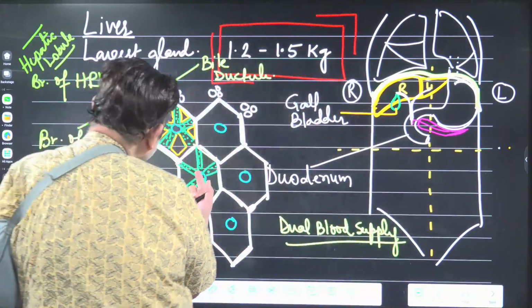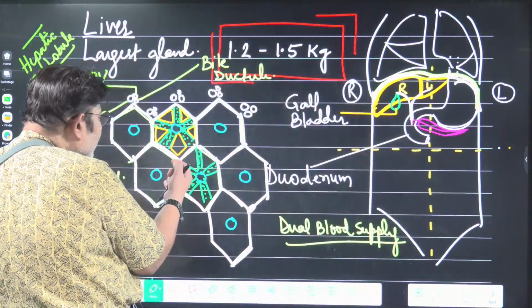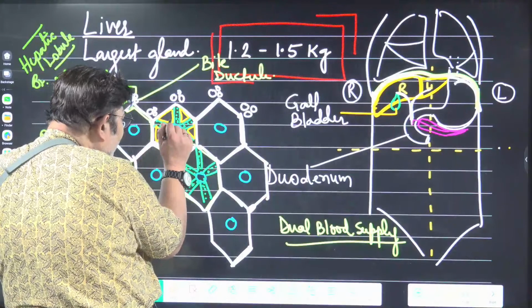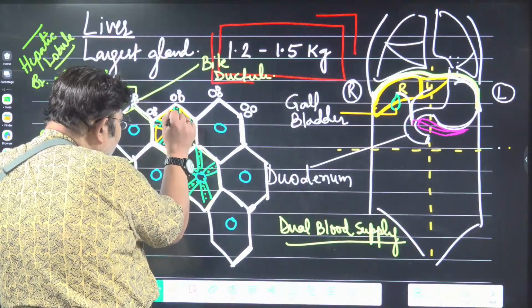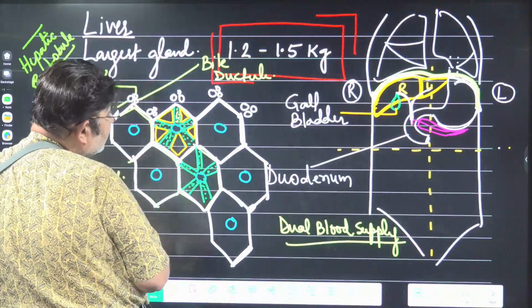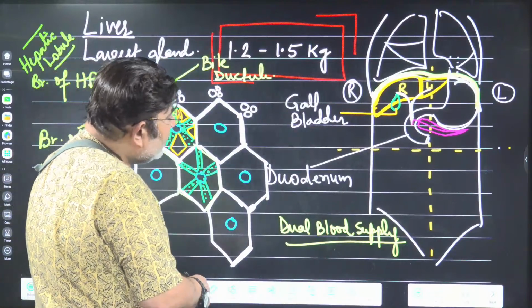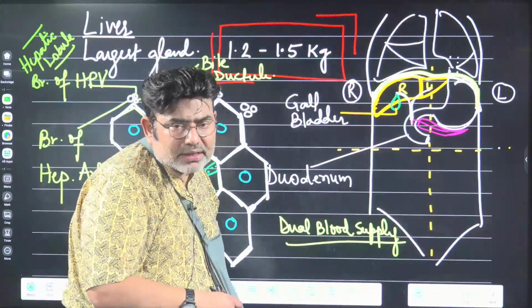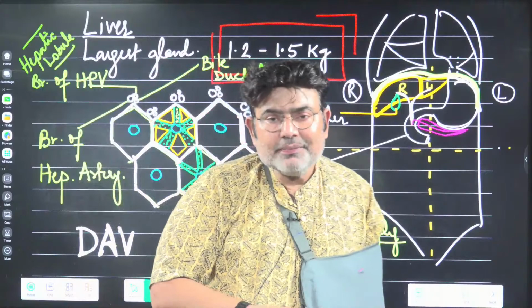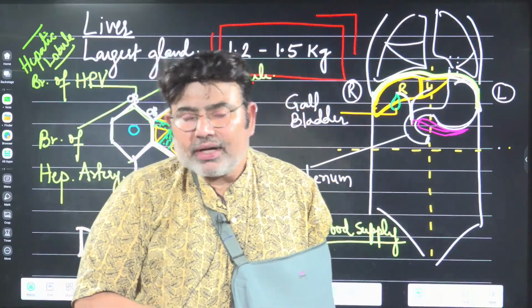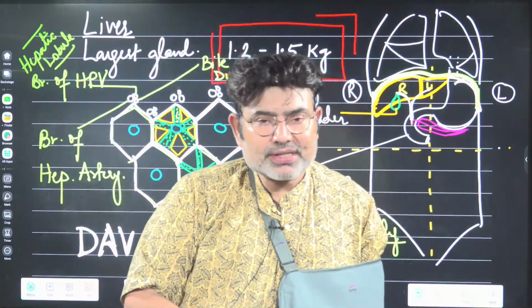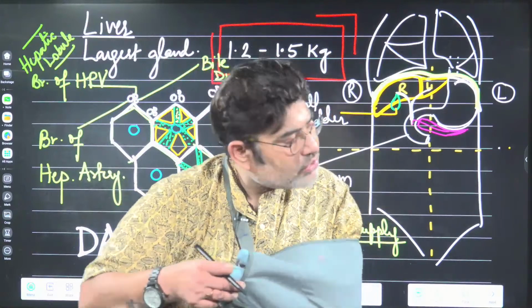You understand? So these are not a single cell actually, because you can understand that a single cell is very, very small. So multiple cells arrange like a cord, and these can be called hepatic cord. But this structure is not described in the NCERT, just the name is given. So I do not expect so many questions like questions on the portal triad.